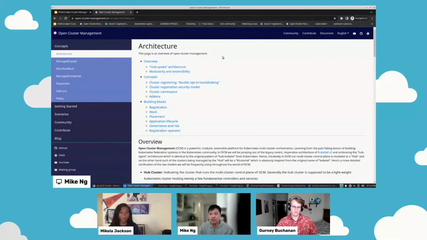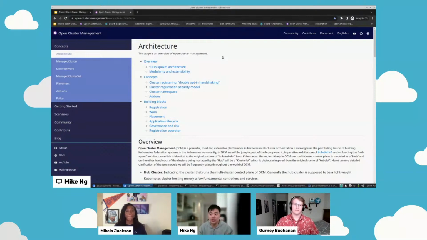So in terms of the overall architecture, it's a hub and spoke or hub and managed model. It's the same model that Kubernetes uses for the API pattern. We're very fortunate to have several key members from the Kubernetes project as open cluster management maintainers.